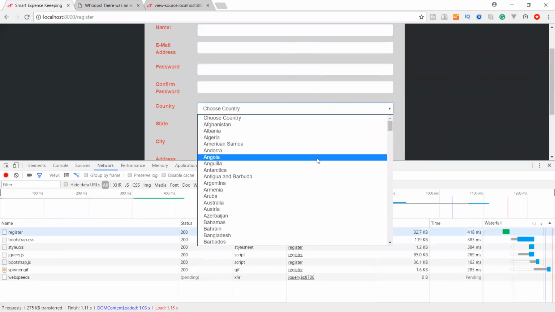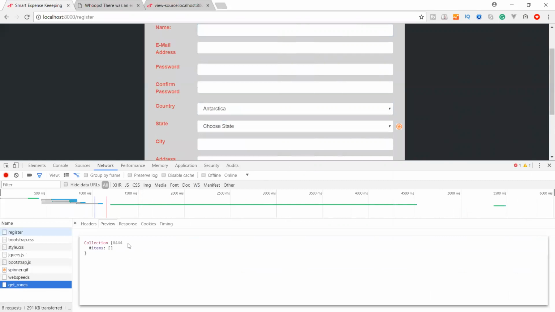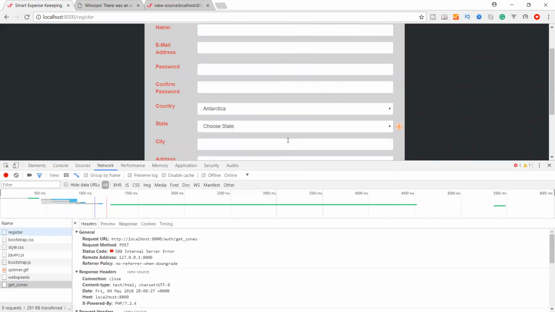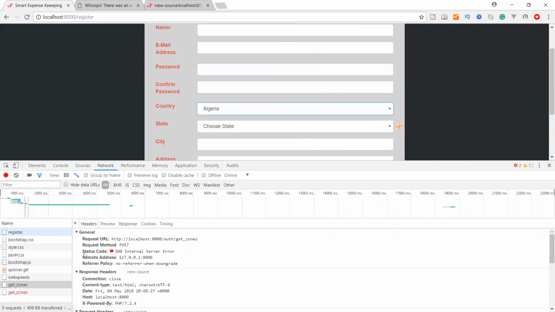Again refresh, select your country, and this time I'll go Antarctica, and we have sent the request. Check the request: the collection is empty in the preview. Choose another country, Algeria.